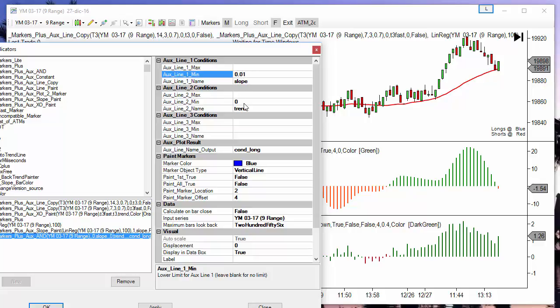We can use a threshold, but for this example let's start with a 0. When both are true, so when both are positive,